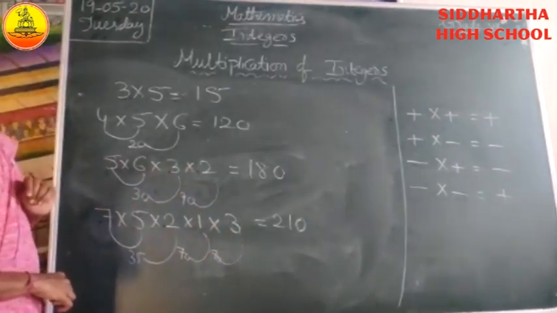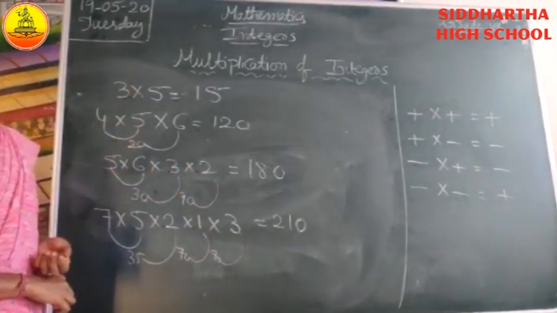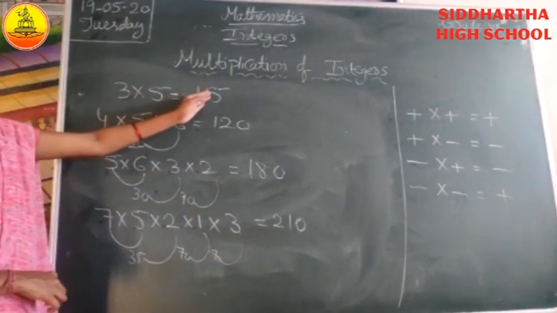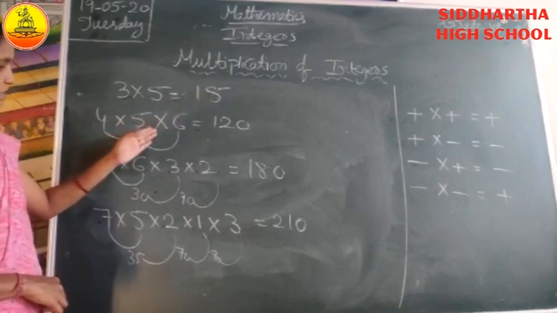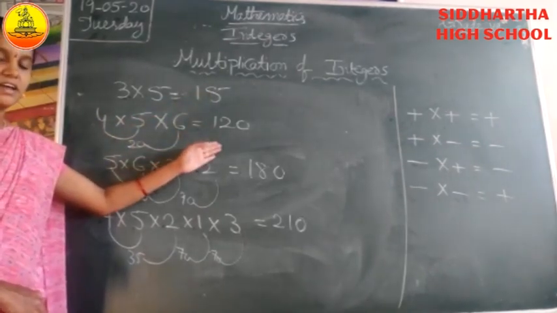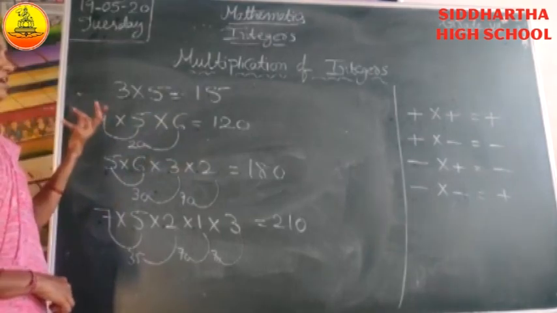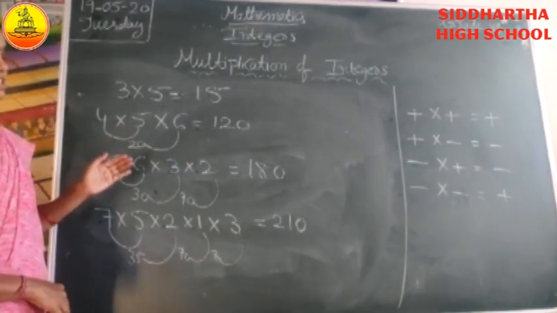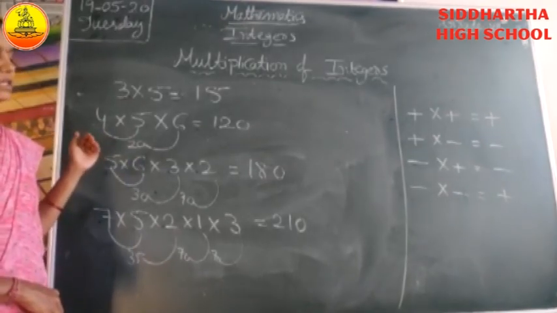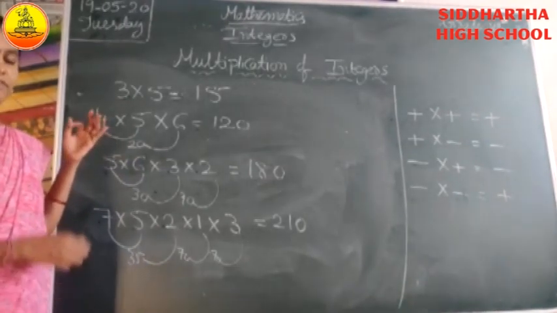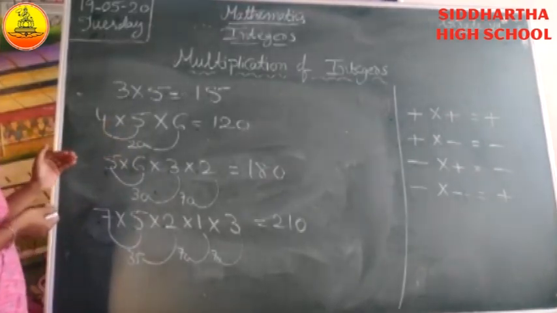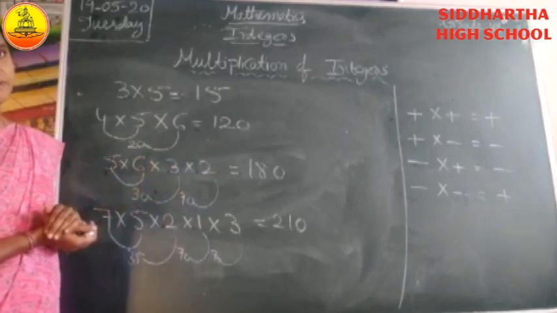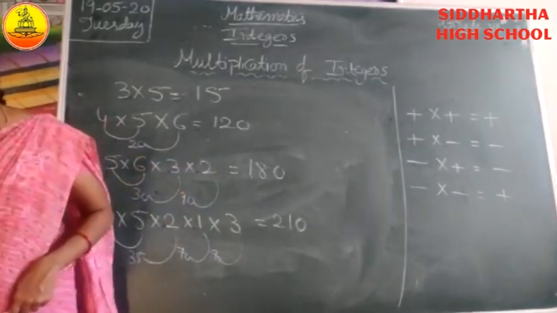So here, what do you understand? Here I am taking all positive integers. If you multiply 2 positive integers, again you get the result as a positive integer. If you take 3 positive integers, the result will be a positive integer. That means however many positive integers you want to multiply, you take. Or if you take all positive integers, the result will be a positive integer. Every time you observe, the multiplication of any number of positive integers is always a positive integer. Okay, did you understand? Next, this is the first one.